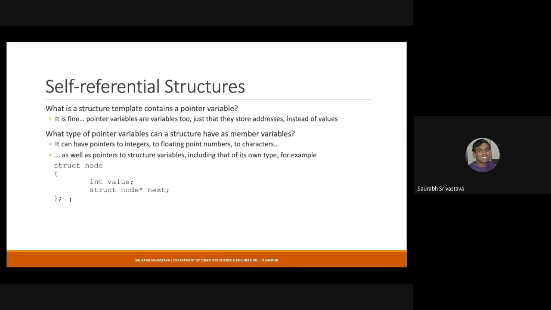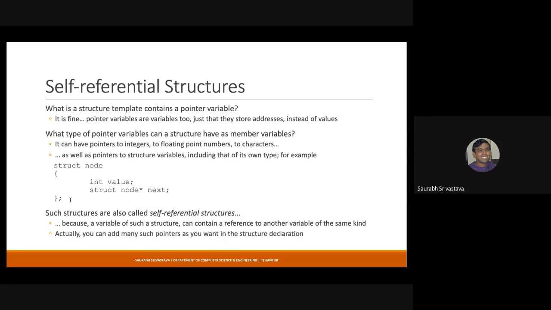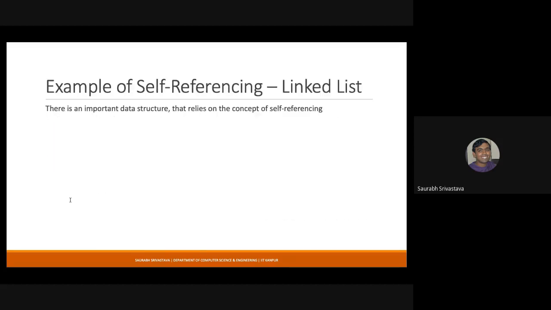We will use these when we look at linked lists. Usually we do this because we want to create a chain of multiple structure variables, and the easiest way is to have a pointer as a member variable of the same structure. These are called self-referential structures.